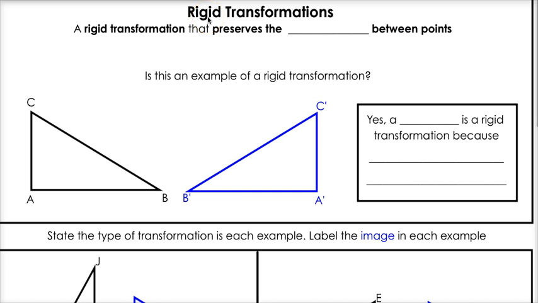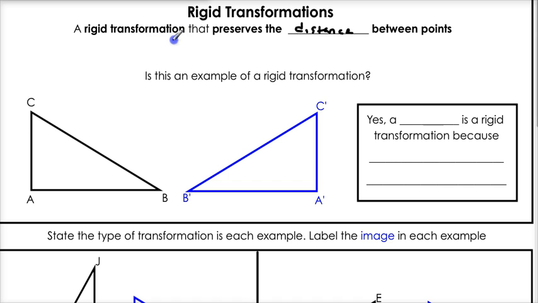All right, so we just talked about the four types of transformations. We want to figure out which of these is a rigid transformation. Not all of them are. Some are, but not all. First, we should know what a rigid transformation is. A rigid transformation is one that preserves the distance between points. Now, what that really means, this is a fancy way of saying that a rigid transformation, all right,